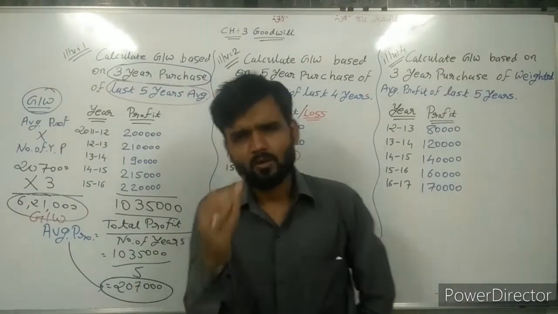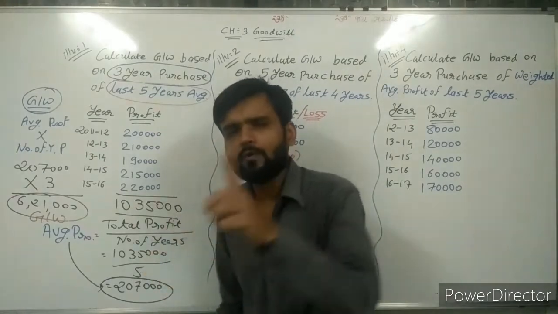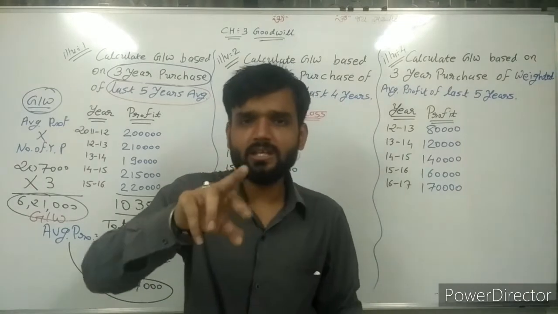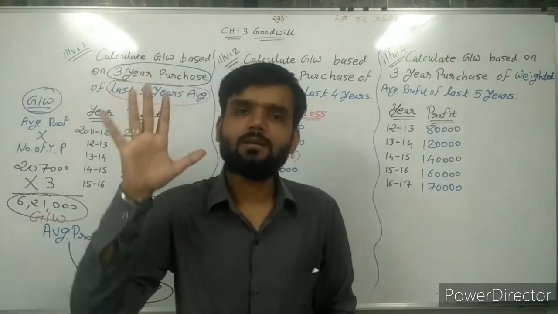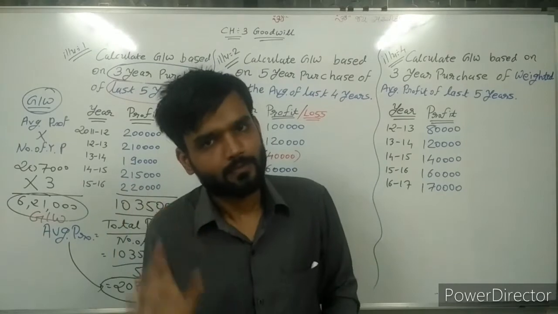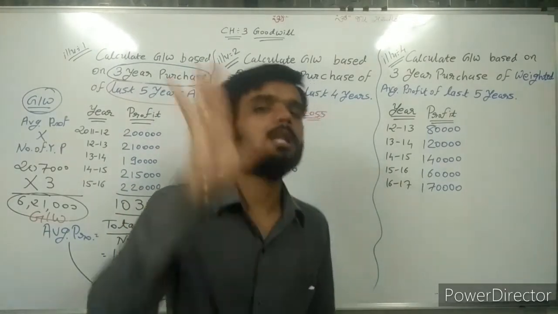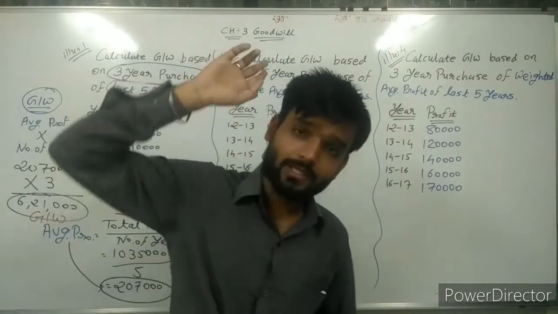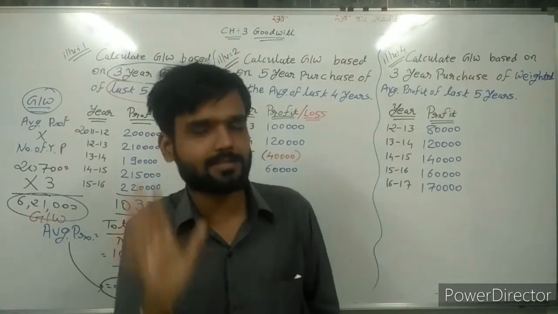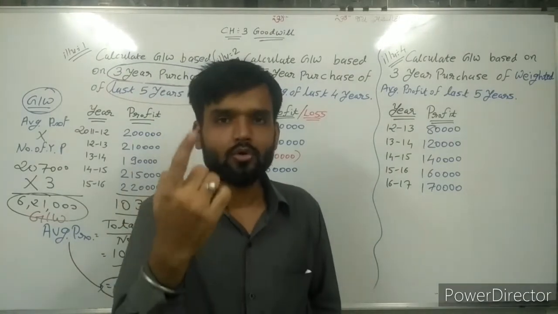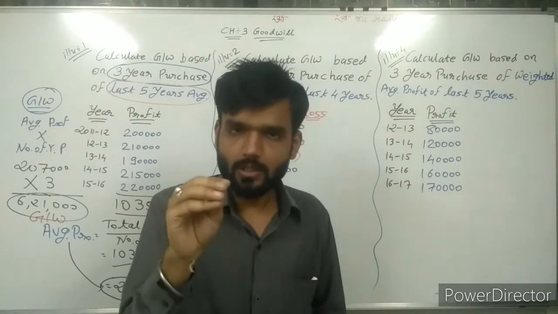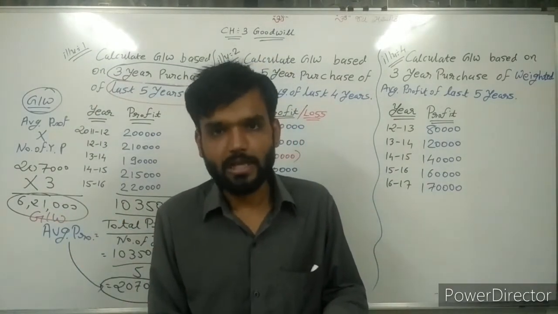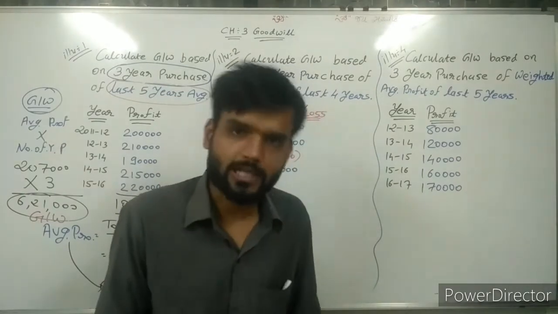Now again I am repeating one thing. Sir, the value of goodwill is calculated whenever a change in the P&L ratio arises between the partners. In the last lecture in the theoretical portion we discussed this, so you have to remember. And in this question, illustration number 1, details are given, which you need to read from your textbook.